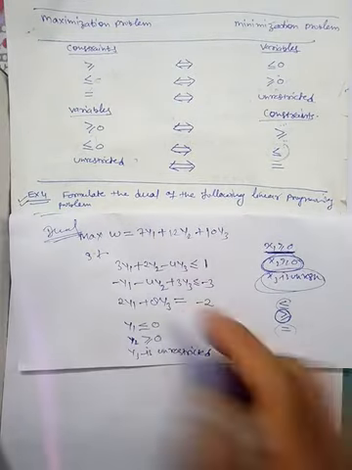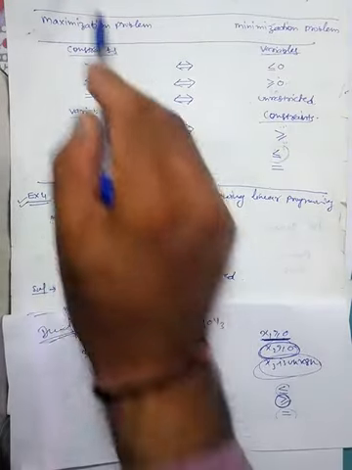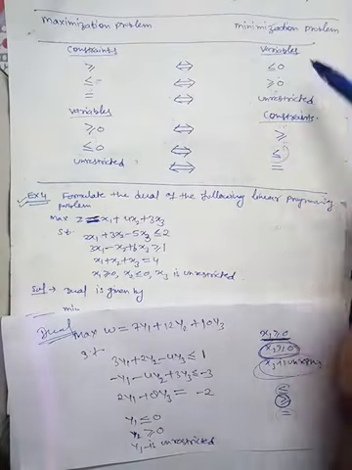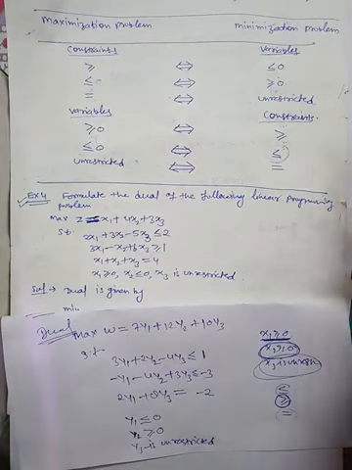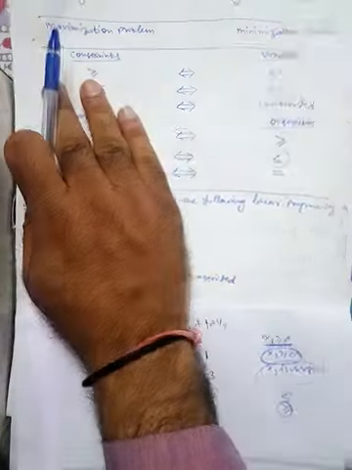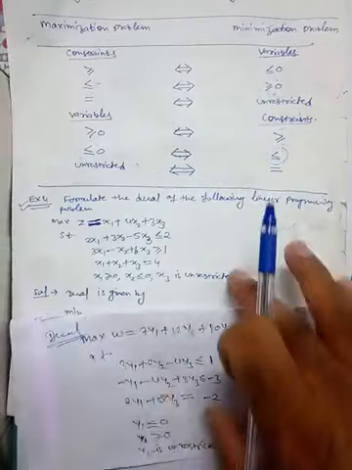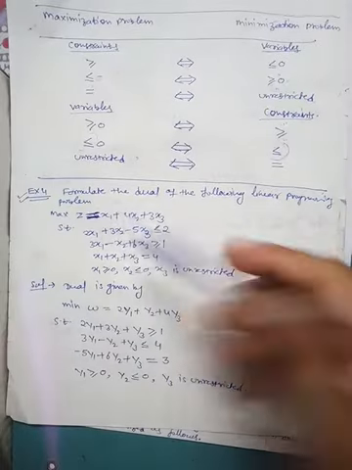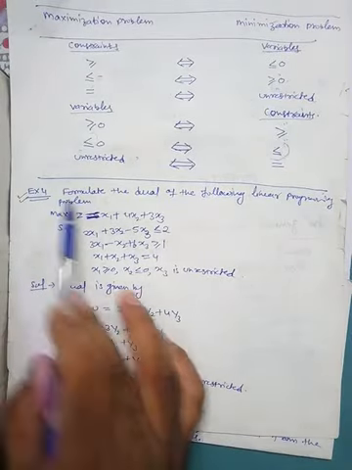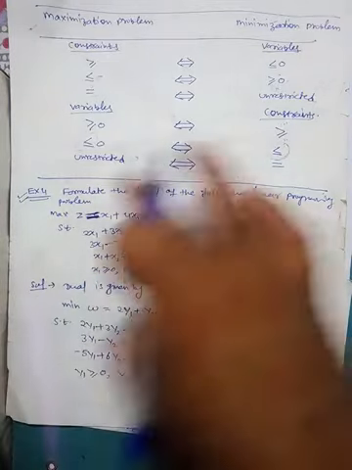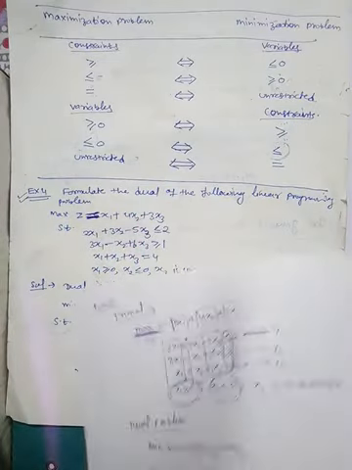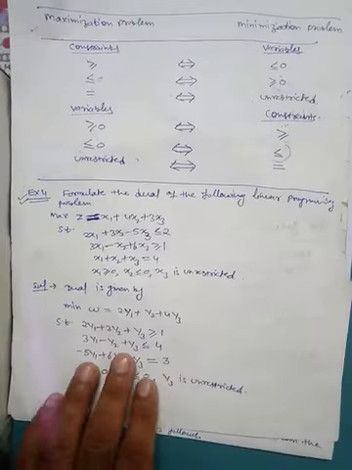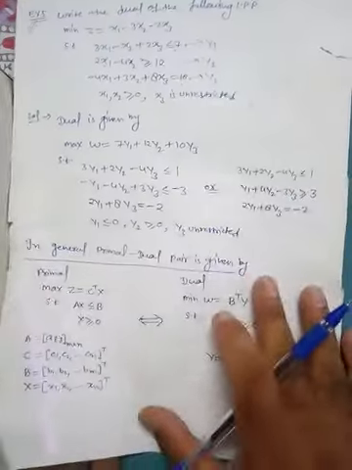So if the given problem is maximization, then the dual will be this, and if the primal problem is minimization type, then you have to see the table from right to left. So this is the primal dual pair. Now in the next video we will discuss another example. We have already discussed this example in our previous one. I will provide the notes.